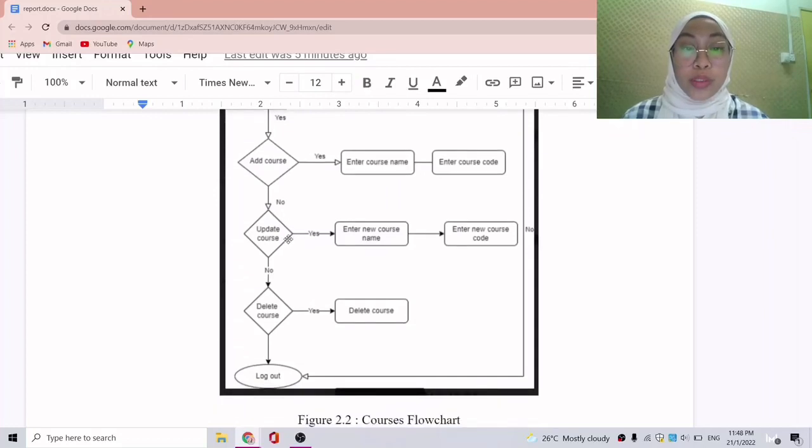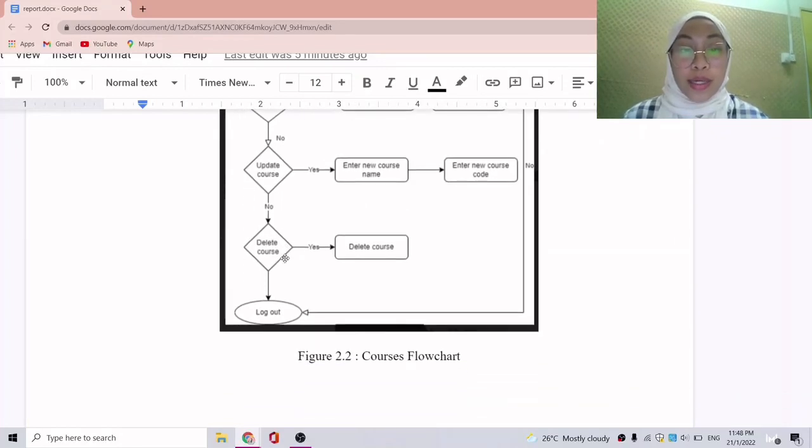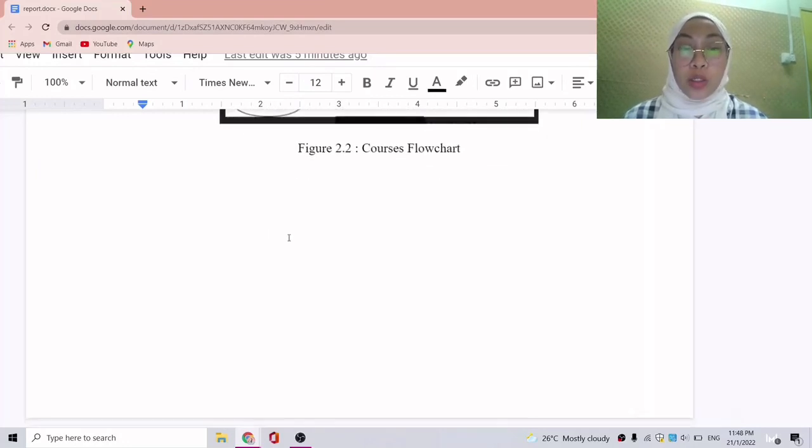If no, they can proceed to update course. At update course, if yes, they enter a new course name, then enter a new course code. And if no, they can just delete course, and then proceed to log out.